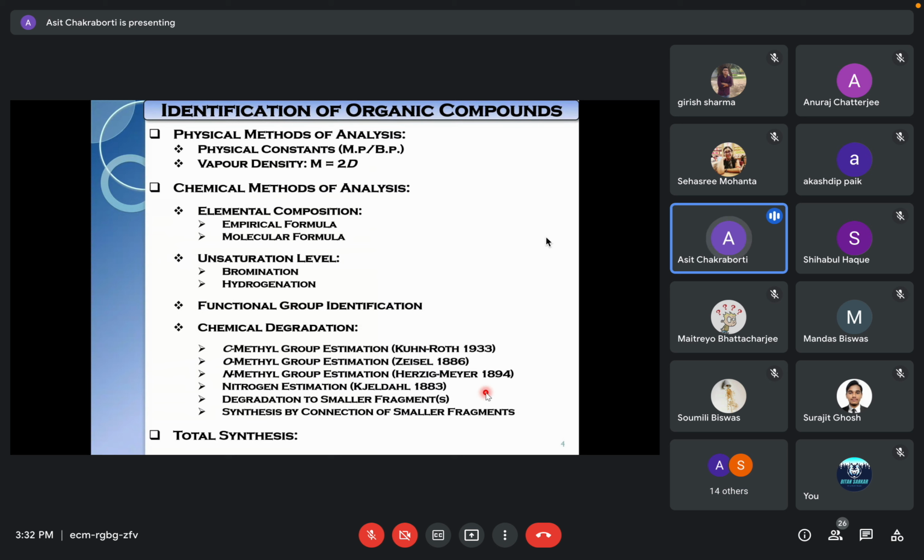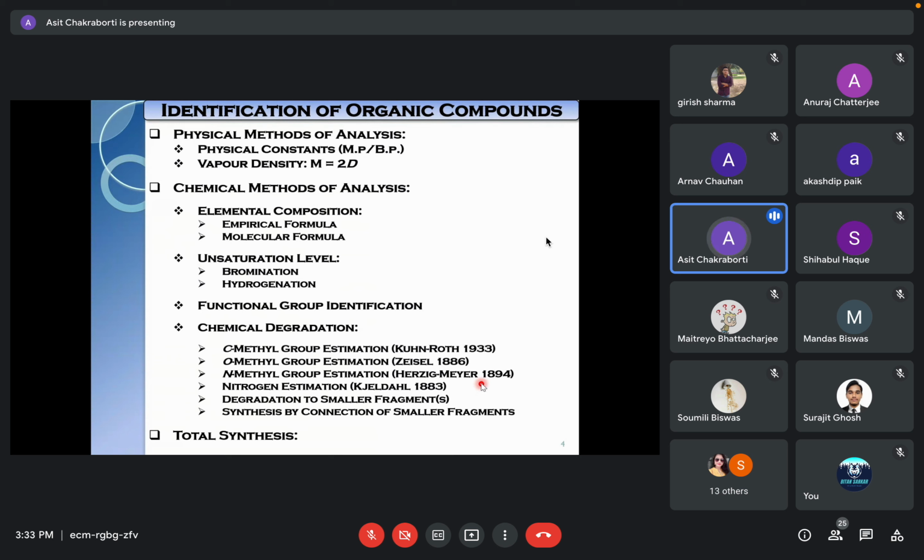In this way, the large molecule is subjected to further chemical degradation so that it becomes small fragments. Then you have an idea of whether a particular fragment comes from the large molecule or not. The smaller fragment might be available from a natural source, as some small natural product, or it might be very easy to synthesize, with whatever chemistry was known at the time. That gives you a little idea of the structure. Then you try to stitch all the small fragments together, a connection approach, unlike the first lecture I showed you, which was in a true sense a disconnection approach.